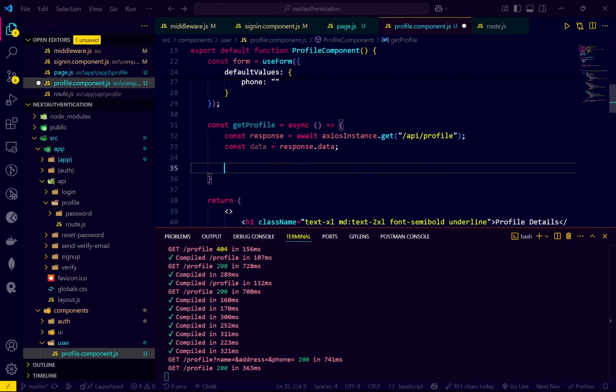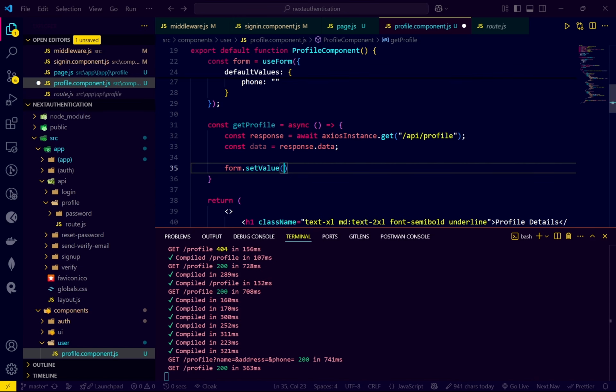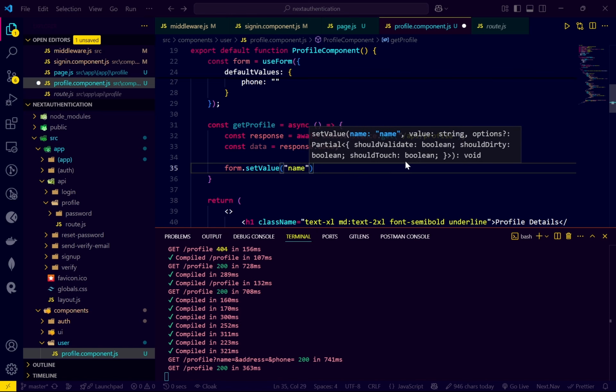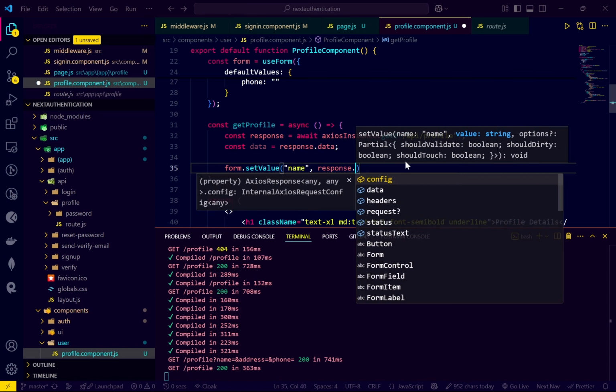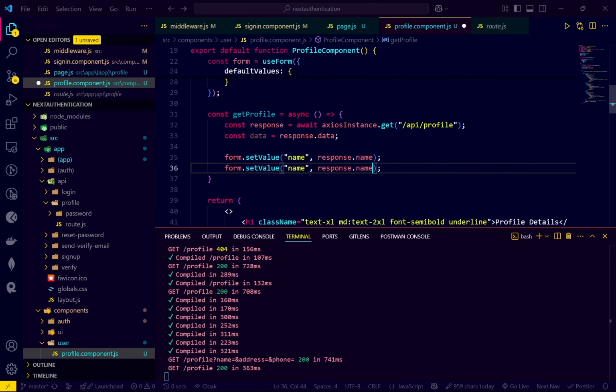Okay, and form dot setValue. Okay, so setValue first of all and set it for name, that is response dot name. Okay, response dot name, and then we will have the same for the address,